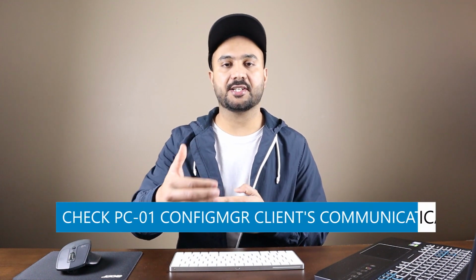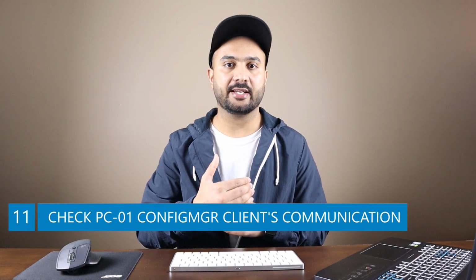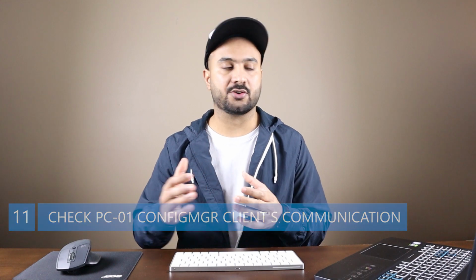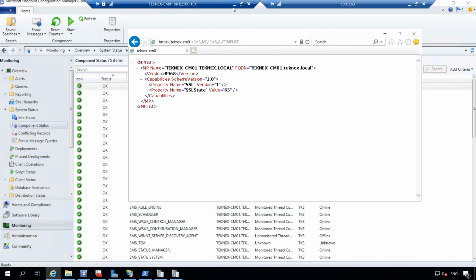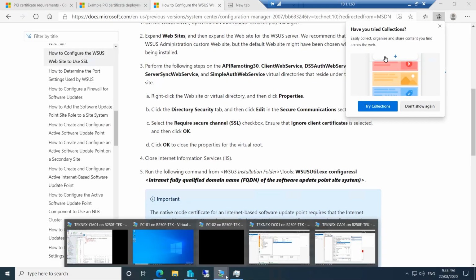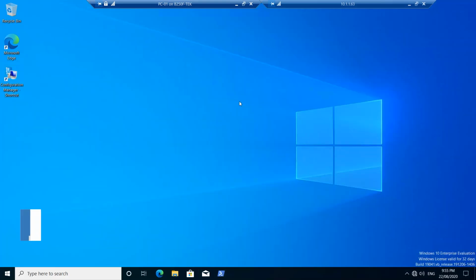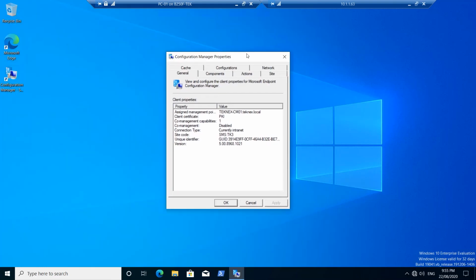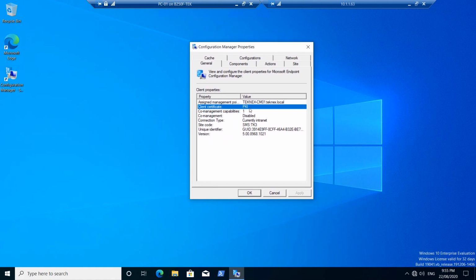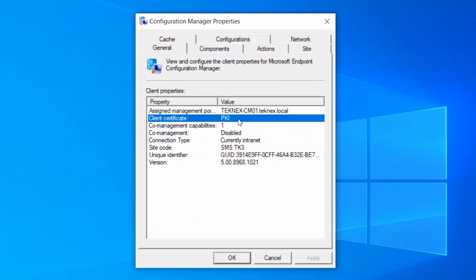So let's go back to our client, which is PC01, and let's see if this is communicating over PKI or not. So we'll minimize this one and go back to PC01, which is here. If we double click on the Configuration Manager shortcut, these are the properties, and here you can see that this is actually communicating over